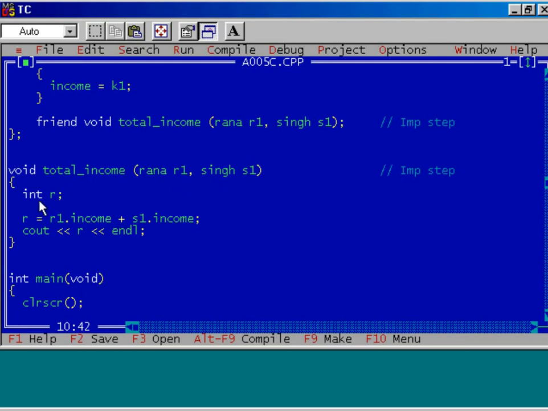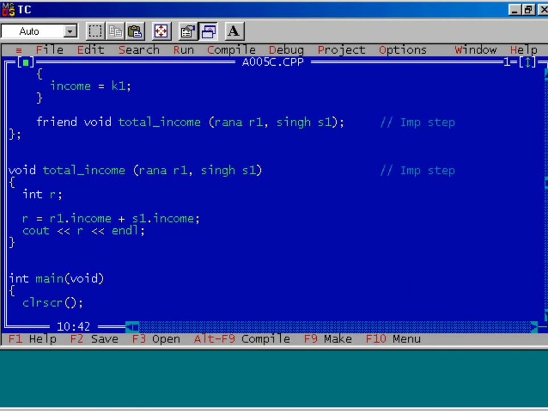I declare a variable R. Here I have added the data member of R1 and the data member of S1. After adding these two incomes, we'll assign it to R, and cout will display the content of R, that is nothing but the addition of data members of the classes Rana and Singh. What are we doing exactly? We have added the income data members of both the classes. Is it clear to you?